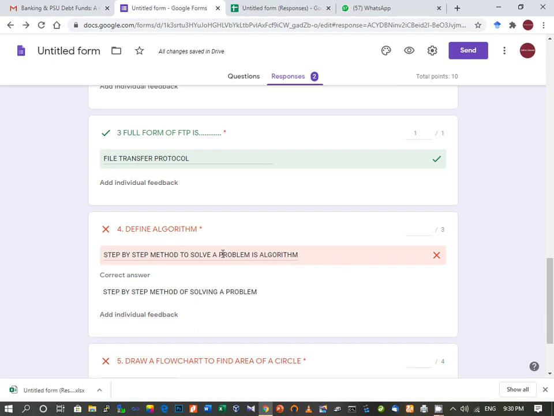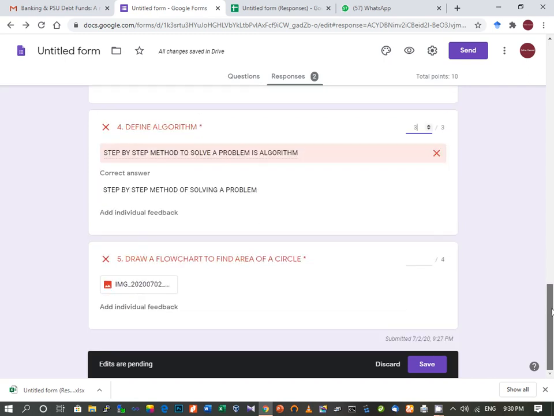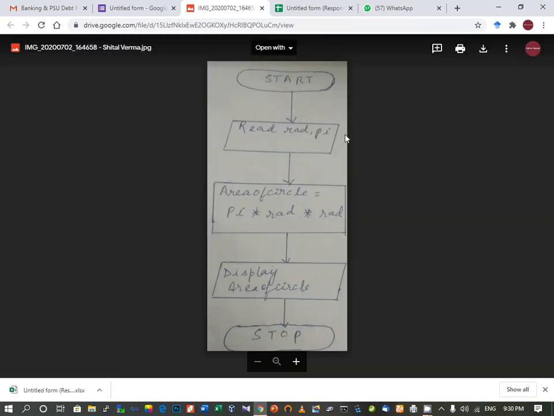So here the student has written step by step method to solve a problem is algorithm. So here I give 3 marks. Then next question is draw a flow chart to find area of a circle. So we'll have to see this image. So I click on this. So this is the image.